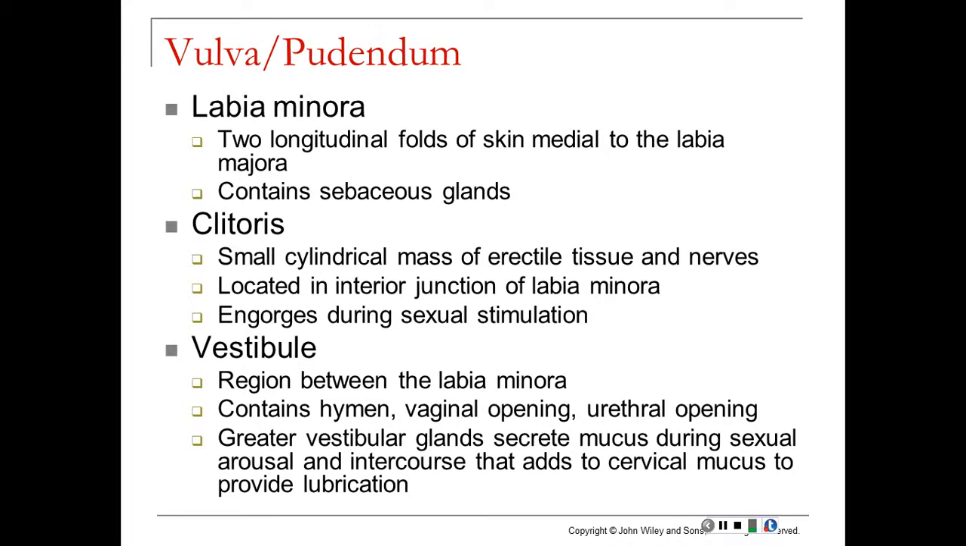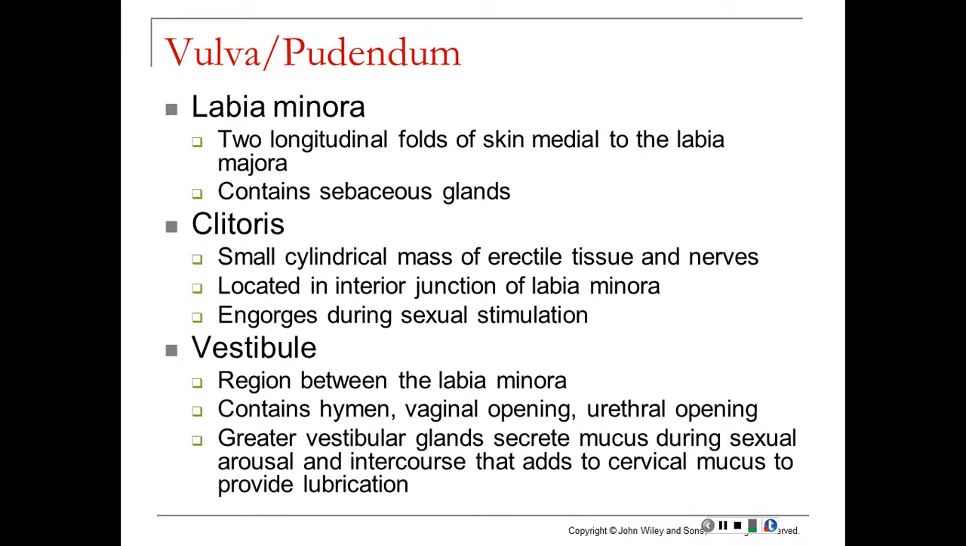The clitoris is the cylindrical mass of erectile tissue and nerves, at the anterior junction of the labia minora, and this is going to engorge and become erect during sexual stimulation. The vestibule is just the area between the labia minora. This is where the hymen, the vaginal opening, the urethral opening is. There's special glands called vestibular glands in this area secreting mucus during sexual arousal, intercourse, that add to cervical mucus